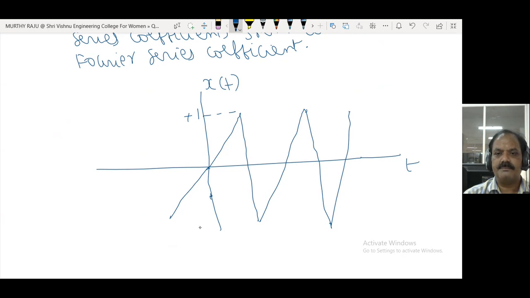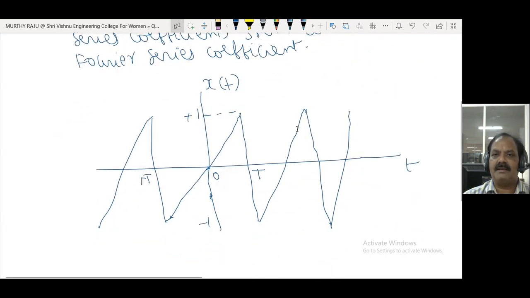Plus 1, minus 1, 0, minus T to T. For this waveform,